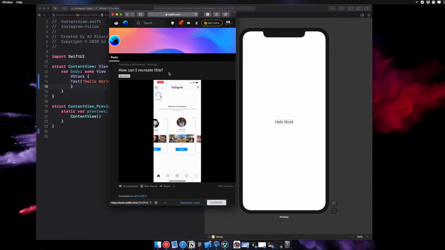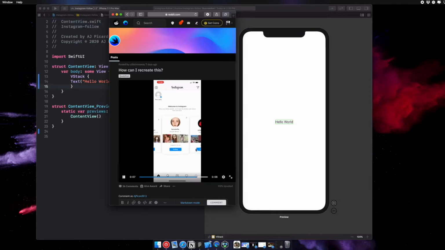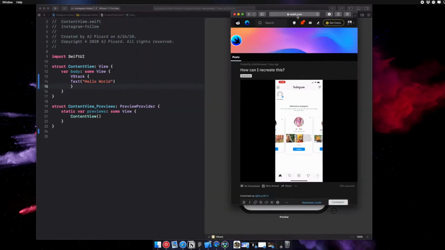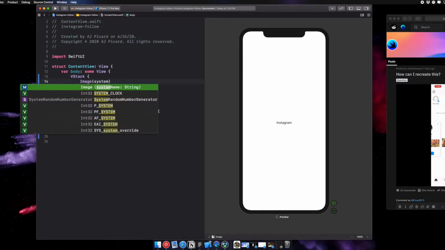I came across this post here on Reddit. As you guys know, I've been pretty interactive in the Reddit community, but someone was asking how can we recreate this animation here, and we're pretty much going to be able to create everything in this video but this transition into another page, which I will tackle in another video. So I'm going to move this over to the right side of the screen, and we're gonna start replicating this as close as possible. I'm gonna change this to Instagram, get an image in here, and we're gonna do system string, copy this,